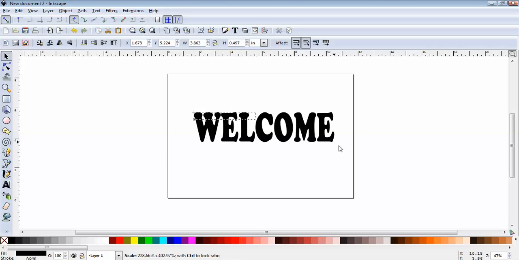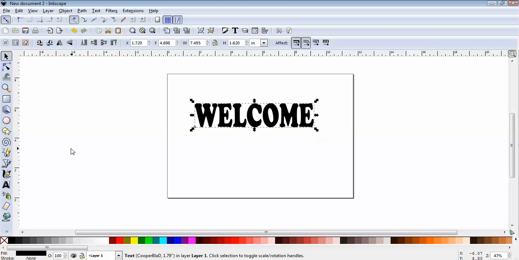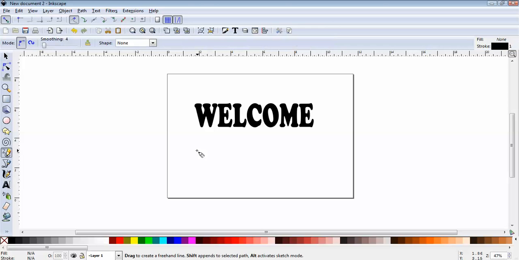Now what a lot of people want to do is put their text on an arc, so it looks cool. There are a lot of ways of doing this. You could do your text object, then come over to your pencil, and if you're really, really good, you can draw this really cool arc. And then